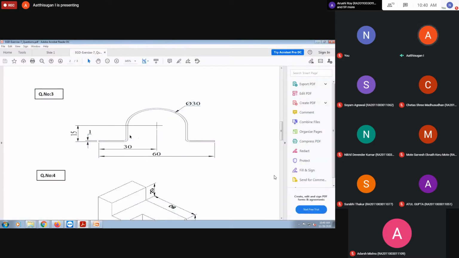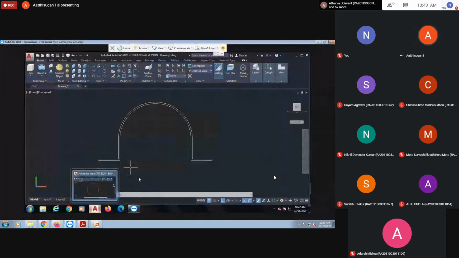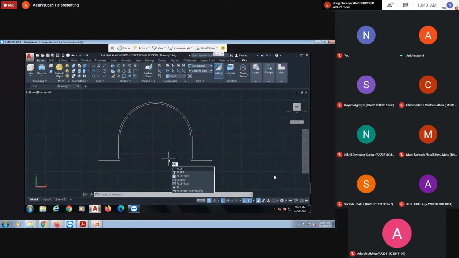Next, one important thing: we have some curved portion here. For that the command is fillet. Just remember the command fillet. Fillet radius. Because that is a curved portion, you can use the radius.